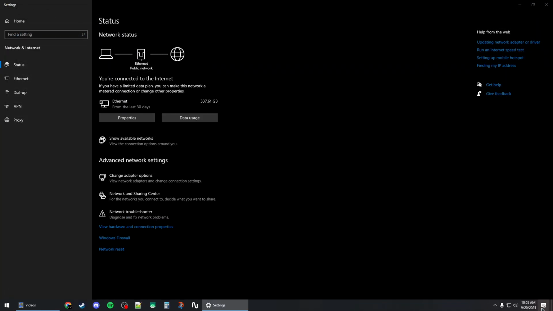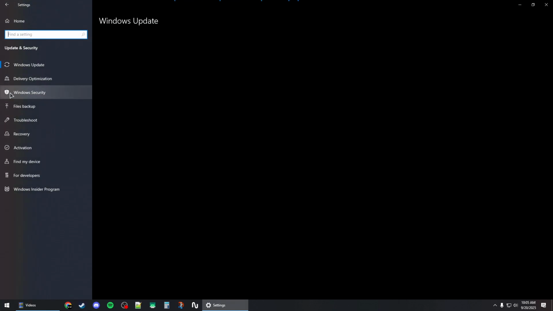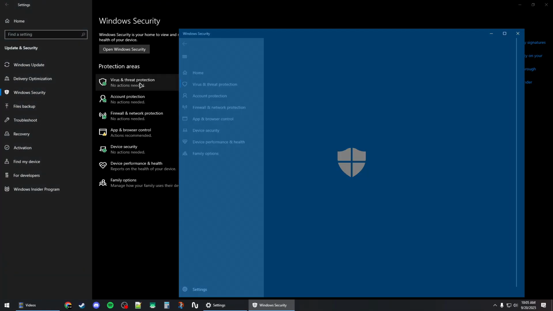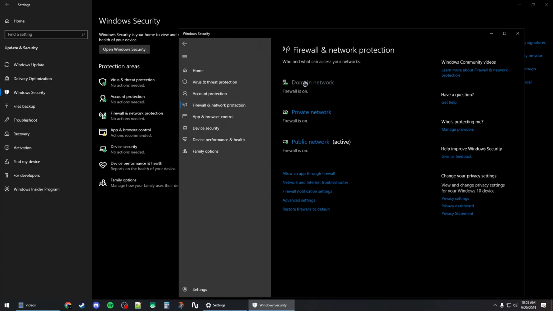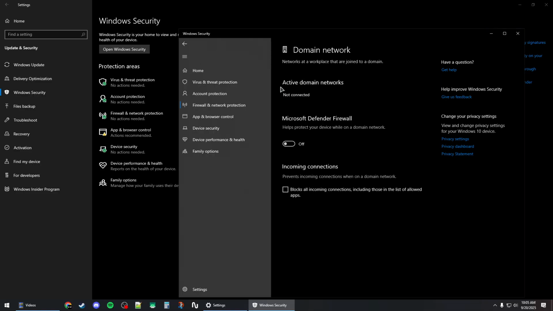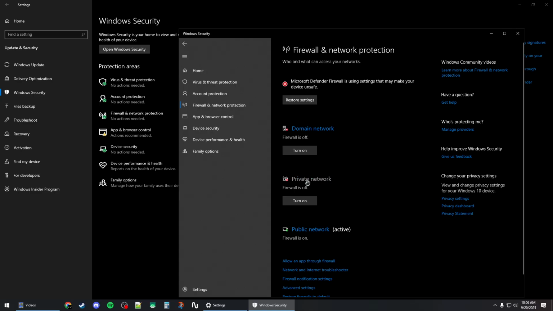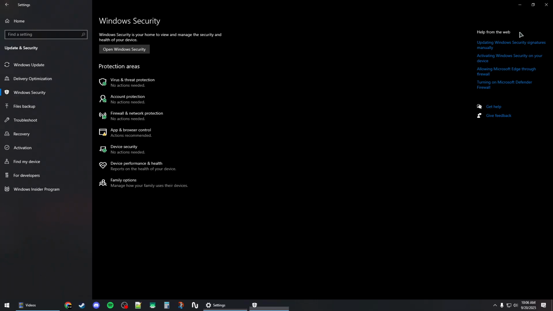Next, you can also try to right click on the start bar and open the settings again and head to Windows Defender. So go to Windows Update and then Windows Security and then click on Virus and Threat Protection and then click on Firewall and Network Protection. And from here, try to disable the firewall temporarily by going to all the domains and disabling them one by one. Now, once you disable all the domains, you can try to run Valorant again to see if that solves